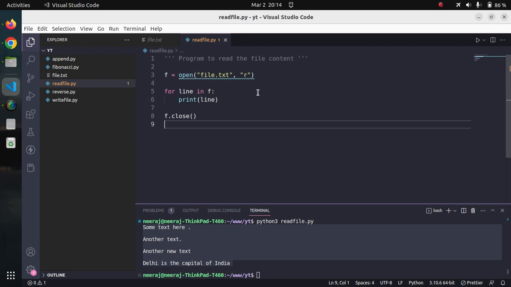I think you also enjoyed working with files. We have seen writing into a file, appending to a file, and reading the file. But there is much more that can be done, and I would encourage you to do some experiments. And if you have any confusion or any question in your mind, do let me know, and I'll try to